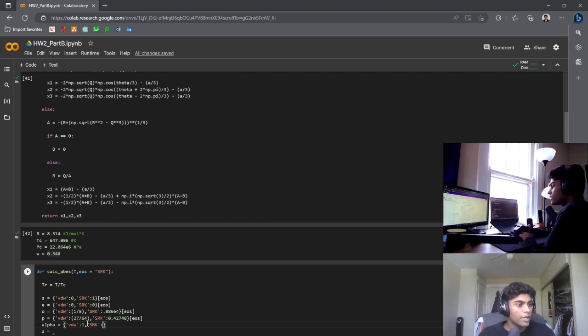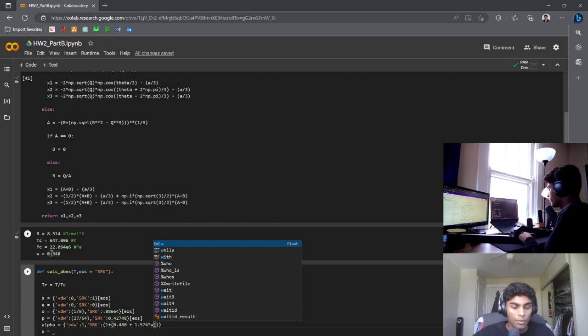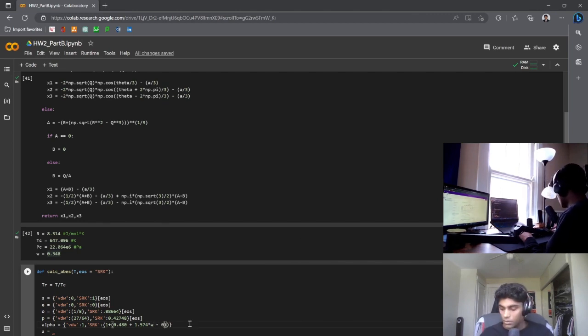The equation that we have to input here is going to be 1 plus, in parentheses, 0.480 plus 1.574 times W, and that W is coming from up there, minus 0.176 times W squared. And that parentheses, and then multiply, start a new parentheses,